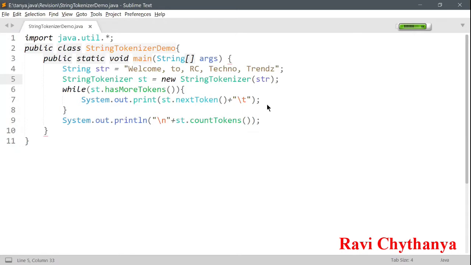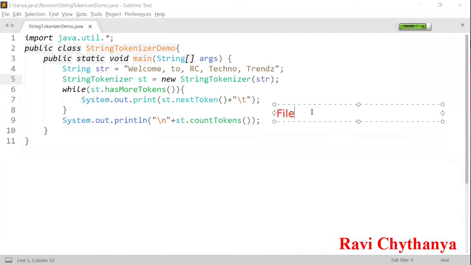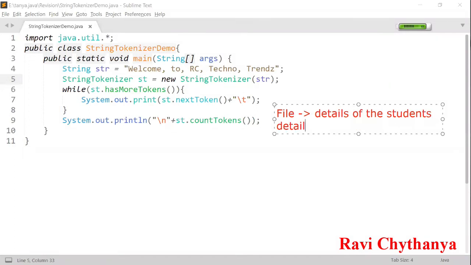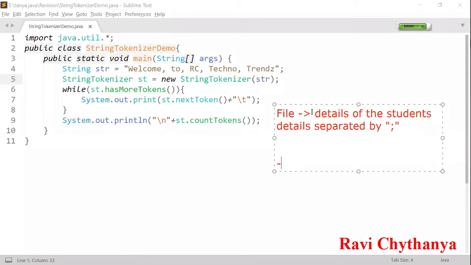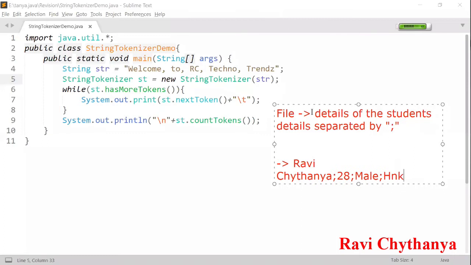Okay, I have a file which is going to contain details of the students, and the details have been separated by semicolon. Here the separator, the delimiter, is semicolon. Each and every detail, for example, the first detail of my first student is Ravi Chaitanya semicolon 28 semicolon male semicolon HNK